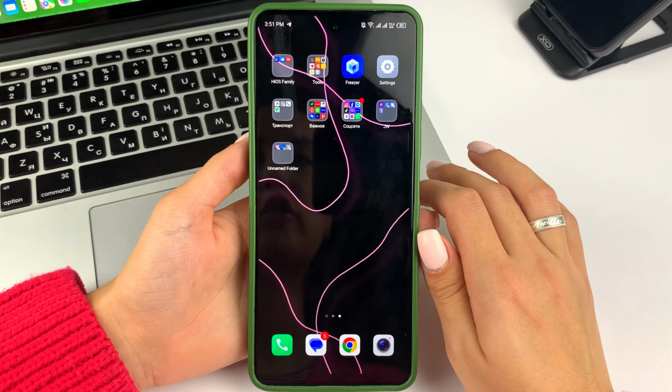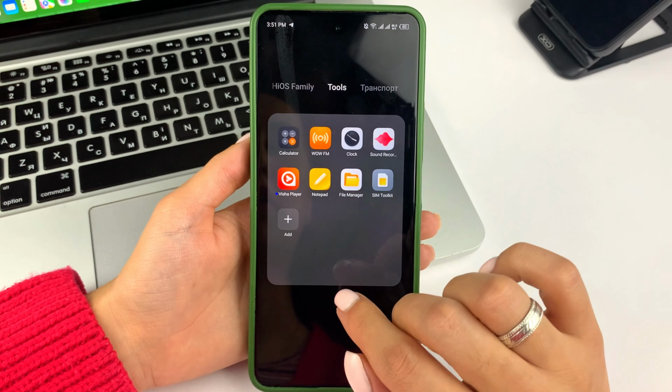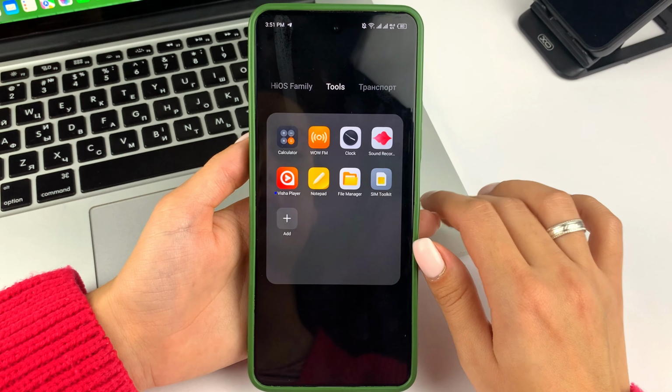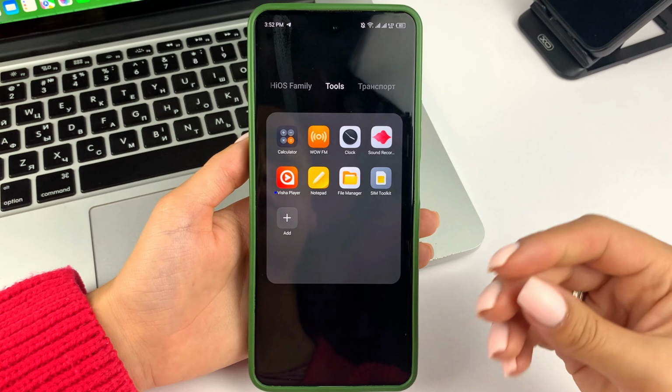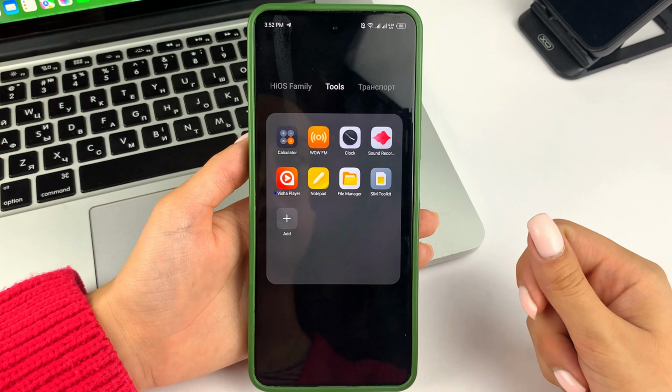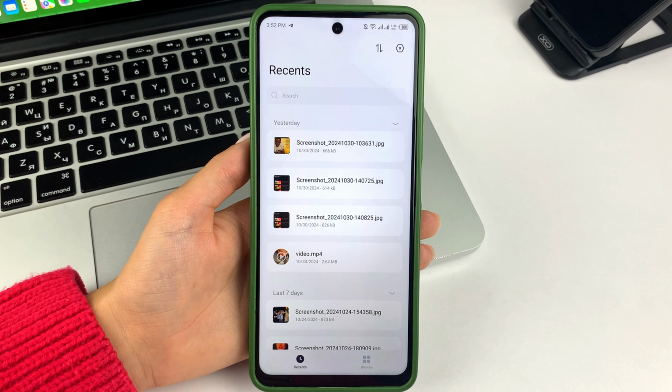First, friends, you will need to find a file manager on your device. It may be called a file manager, or just files, or folders like this. Just look for it on your device. Once you find a file manager like that,